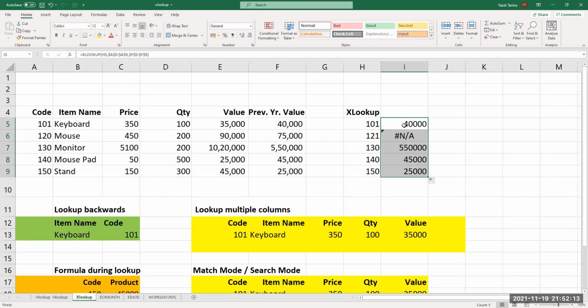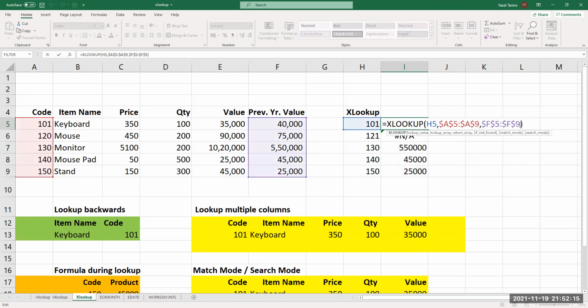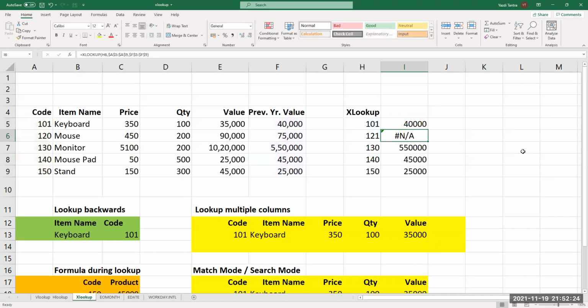And if we had put in the same formula, if there is an error, sorry, and then I'm just copying it all the way down. Are we clear on this?